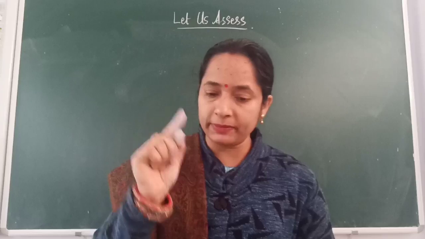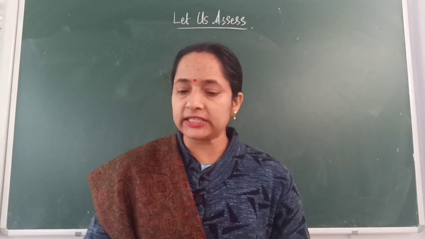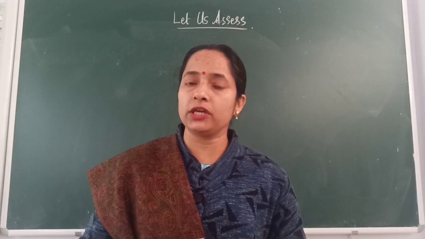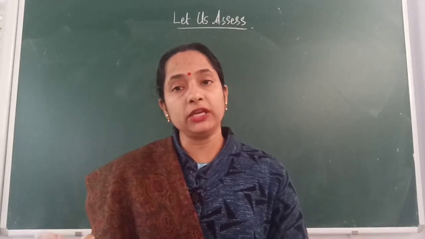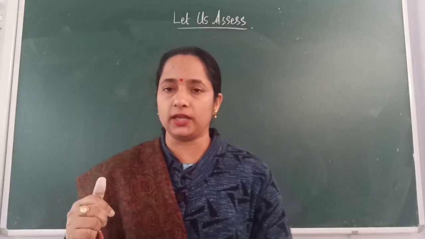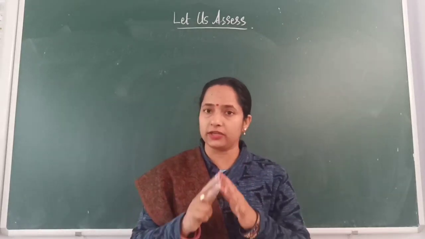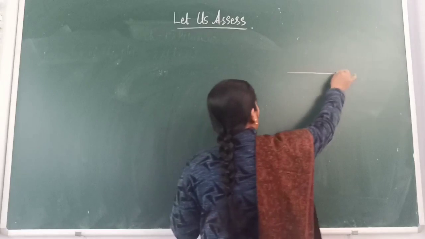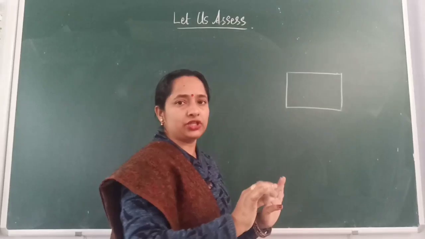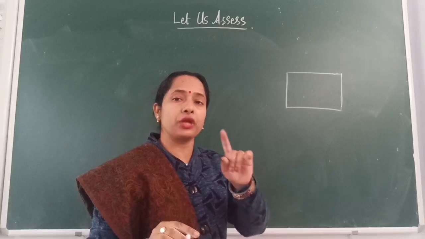Next we have question number 6. An A4 size sheet of paper measures 297 millimeters in length and 210 millimeters in breadth. Find its perimeter in millimeters and centimeters. Find its area in millimeters and centimeters. See, here the dimensions of the A4 size paper are given to you in terms of millimeters. So, on your right hand side, draw a rectangle and write its dimensions. I am not going to solve this one for you. You have to solve it. So, I am giving you the hint.